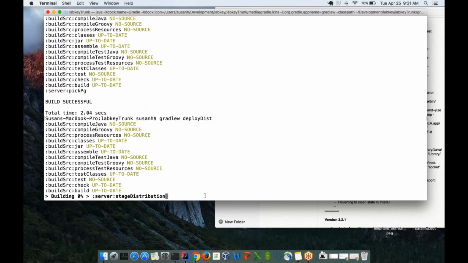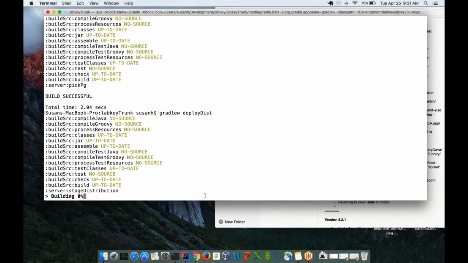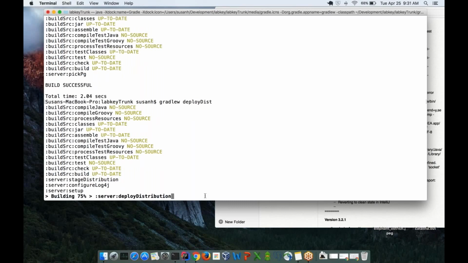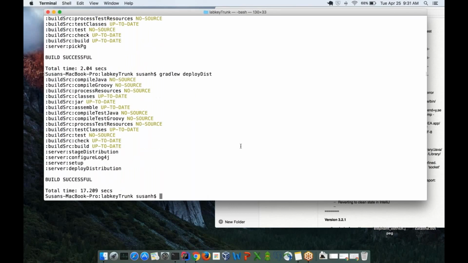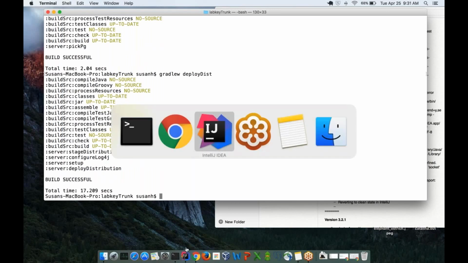This takes a little time because it has to extract things from that tar file, but it takes less time than if you're building all of these modules yourself. Okay, so now I have a distribution deployed, and if I go to my IntelliJ,